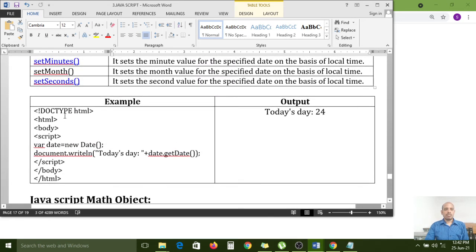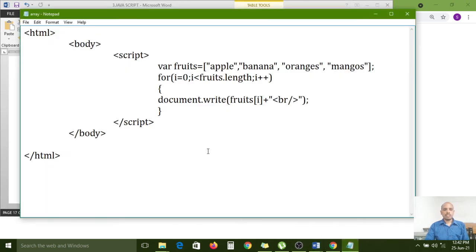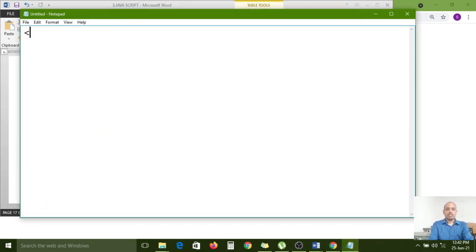So here we have one date object. How to create the date object? Now I want to create one program: HTML open, HTML close, body opening and body closing.